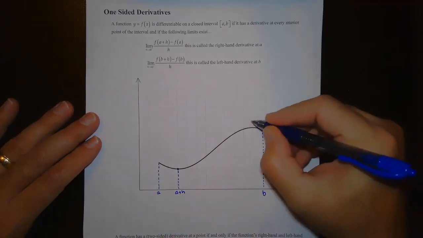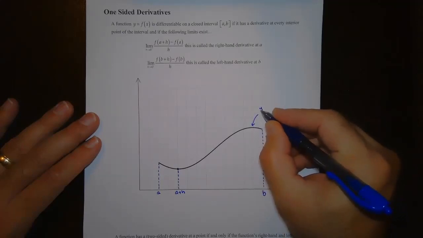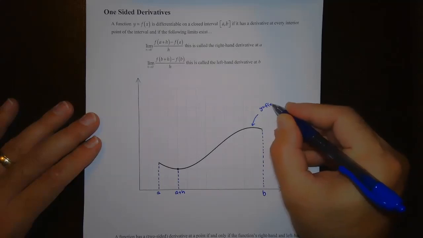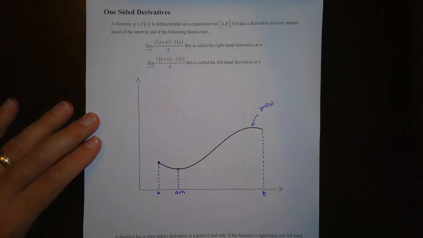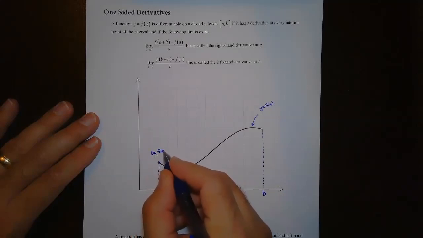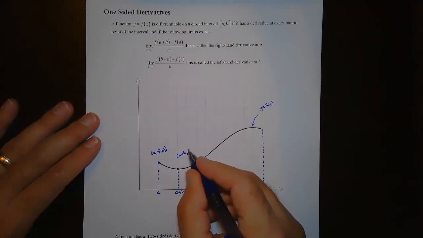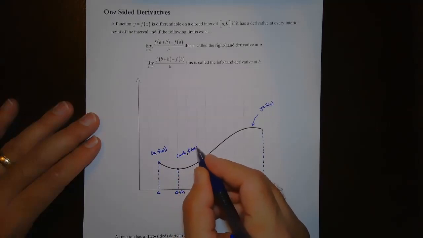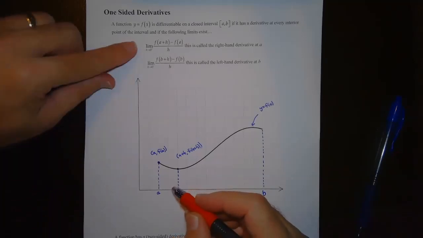Now let's assume that this function is f of x, okay? Let me just draw it here. This is the function f of x. Okay, so this point right here, this left endpoint would be a comma f of a. And this point right here would be a plus h comma f of a plus h. Okay, and then what we're going to do is we're going to bring this point, this limit up here, this one right here,